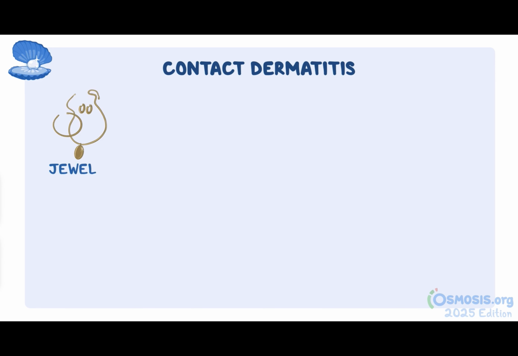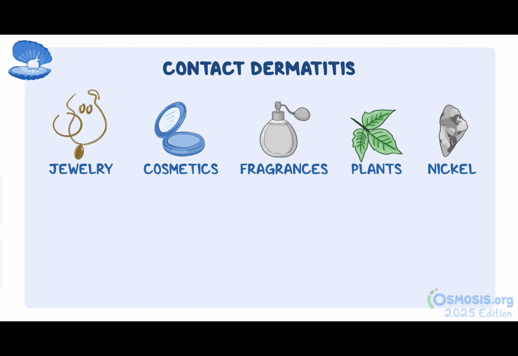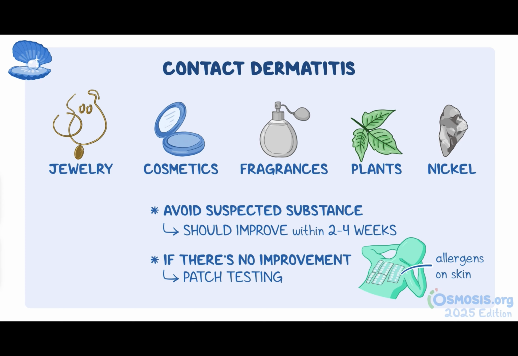Here's a clinical pearl to keep in mind. Many different substances can cause contact dermatitis, including jewelry, cosmetics, fragrances, and plants. Nickel is a common metal associated with contact dermatitis. Your patient should avoid the suspected substance and the rash should improve within 2 to 4 weeks. If there's no improvement, your patient might need patch testing, which consists of placing different common allergens on the skin and observing for a skin